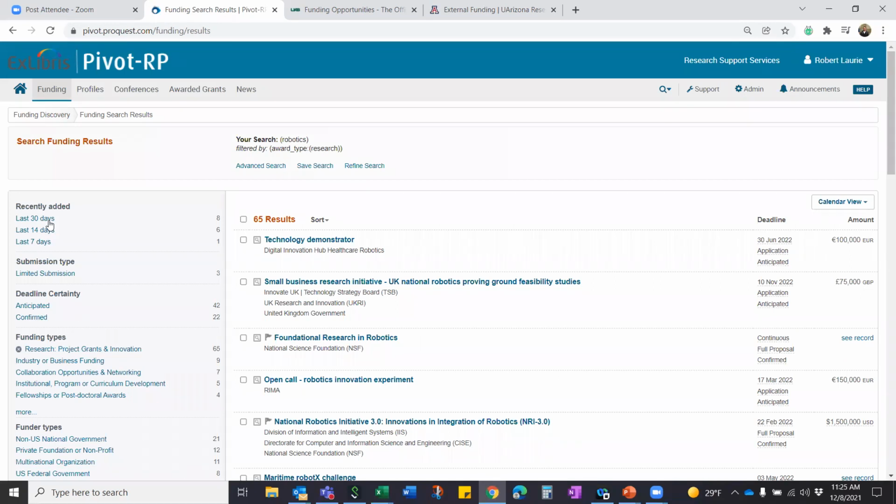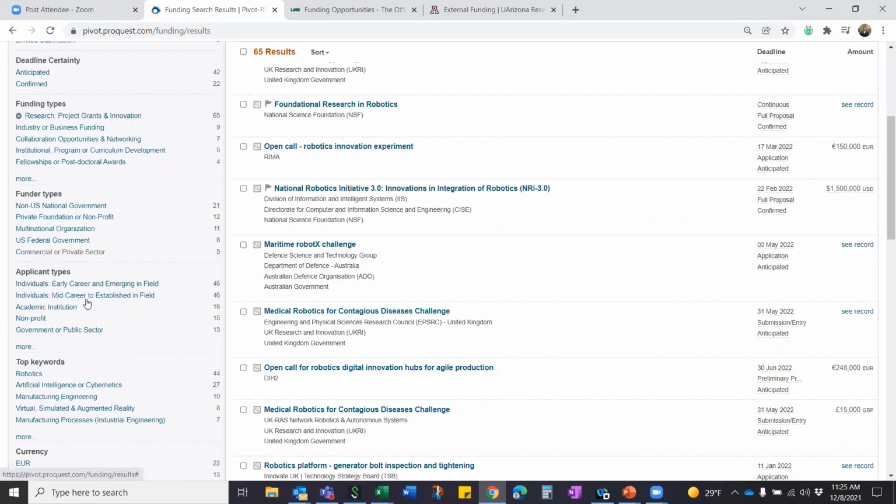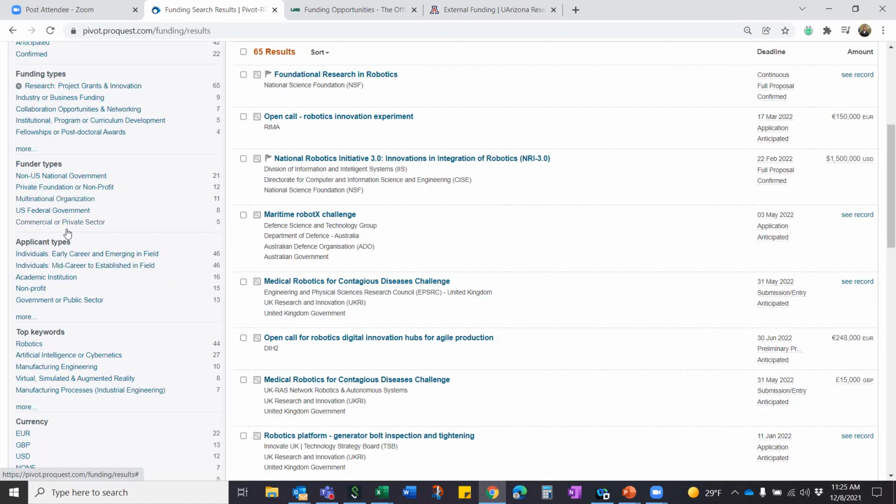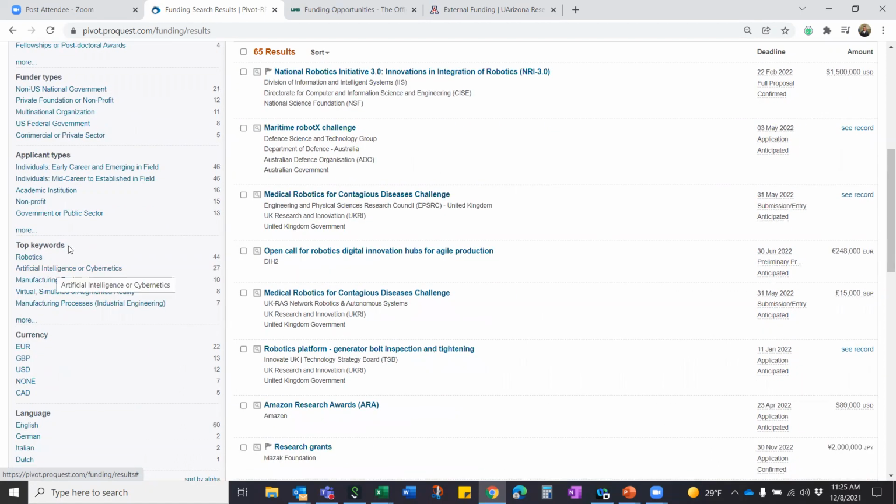So use the filters on the left-hand side to really hone in and target your search. Drill down, drill down, drill down. And a very general idea is when you're searching for funding, we think it's best that you start wide or broad and then drill down, drill down, drill down, using these built-in filters that we're offering you here,